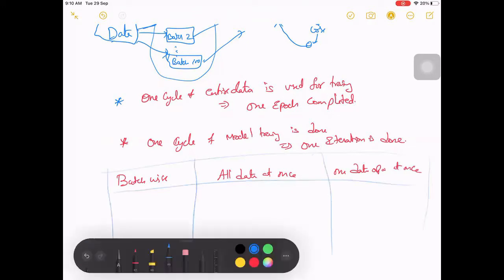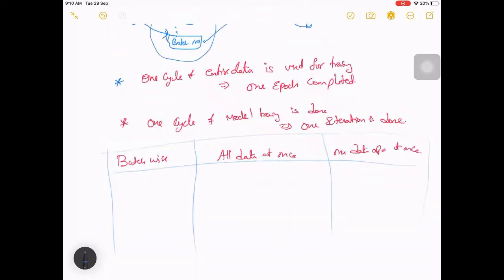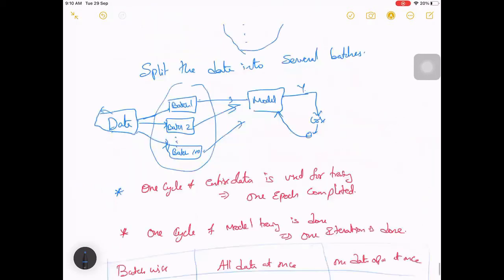In this case, iterations per epoch equals the number of batches. If there are 100 batches,